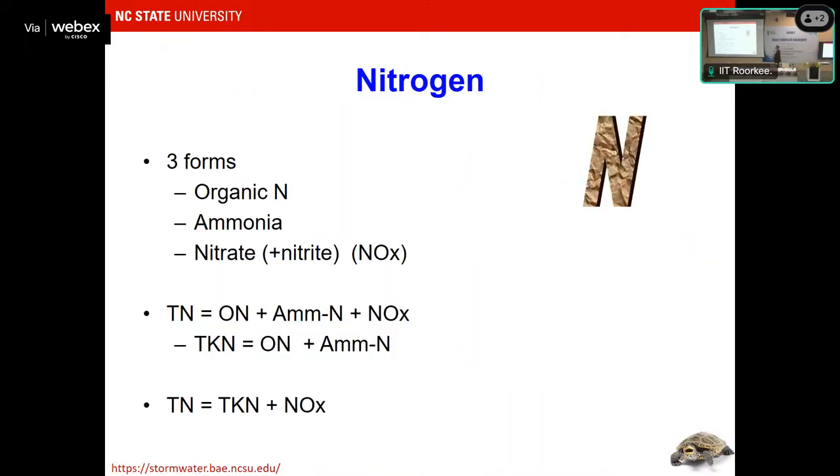It's particularly important for nitrogen removal. All right. So there are three principal types of nitrogen coming into our stormwater control measures. Organic nitrogen and ammonia got the